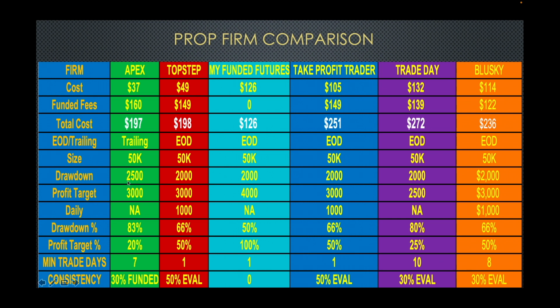So initially it falls in with that more drawdown. I could trade it the way I try to put my stop loss, because there's times where I trade the fibs and my stop loss can be an $800 stop loss. It could be a $1,000 stop loss. So Apex gives me more of that option, where in Top Step, I can't do that because $1,000 wipes my, I can't trade today. $1,000 in Take Profit Trader, I lose my account. Same thing in Blue Sky. Where Trade Day, that $2,500 is an end of day drawdown, so I think it's going to benefit me more in Trade Day. So I'm leaning more towards Trade Day.